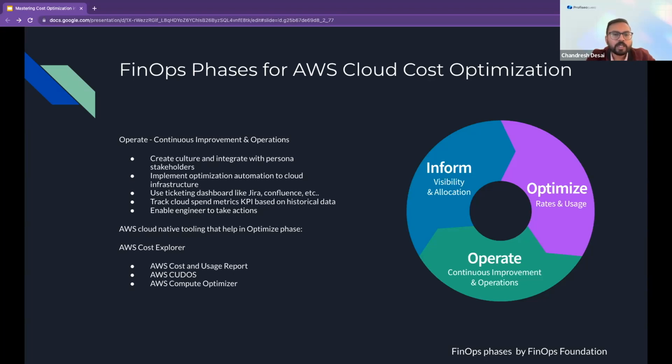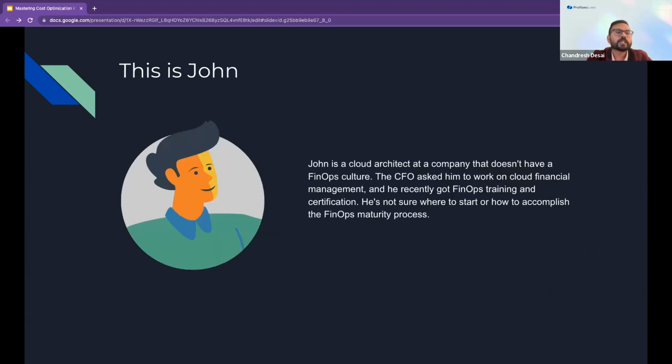So let me walk you through a use case or case study here, with a person named John. John is a cloud architect at a company that doesn't have a FinOps culture yet.